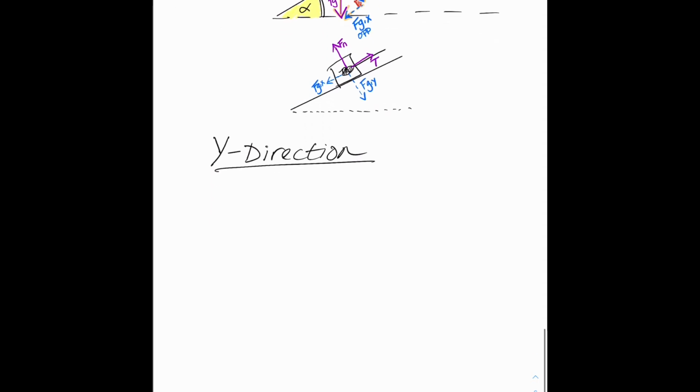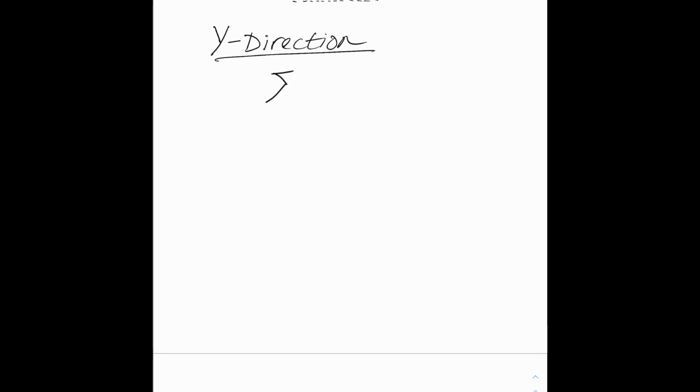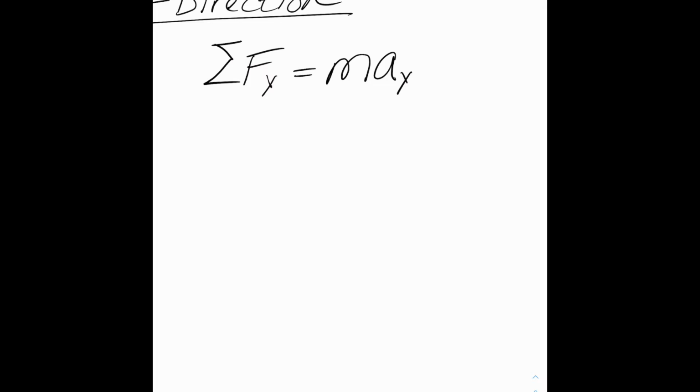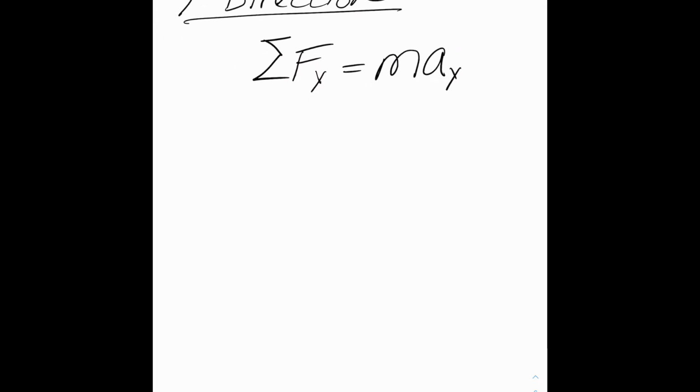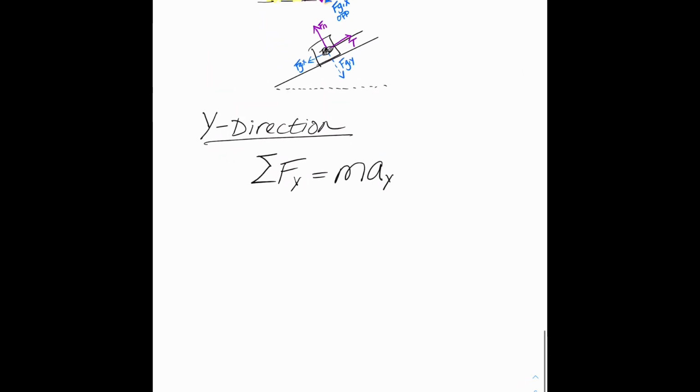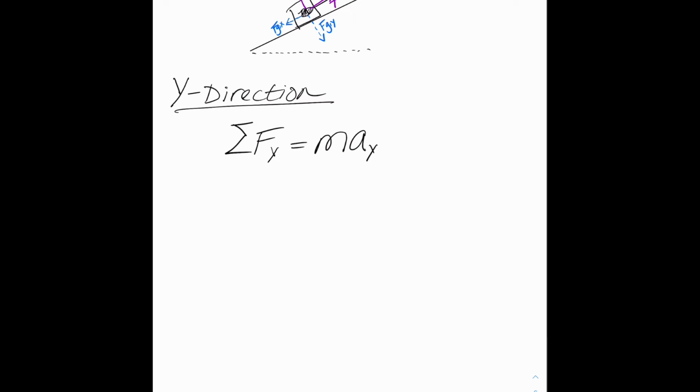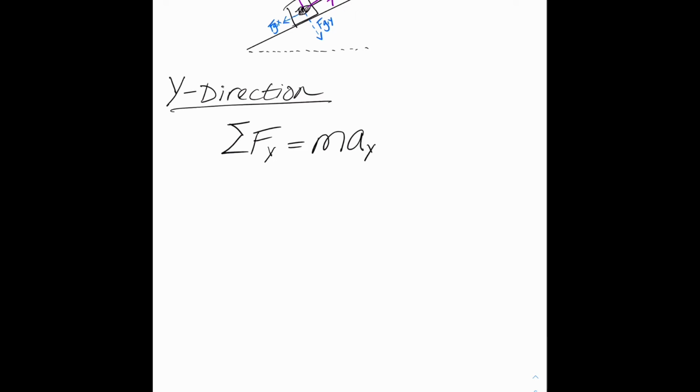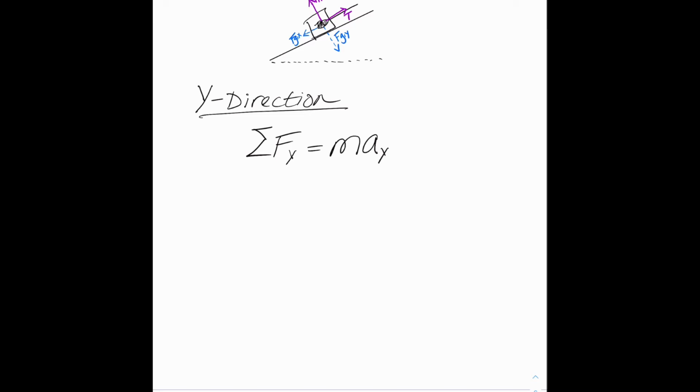And in the y direction, we like to write Newton's second law. With Newton's second law, we have to realize, is this an equilibrium situation where the acceleration is equal to 0, or non-equilibrium where the acceleration is some number? And that's really one of the big ideas with this chapter. So let me say it again. If the acceleration on this object is equal to 0